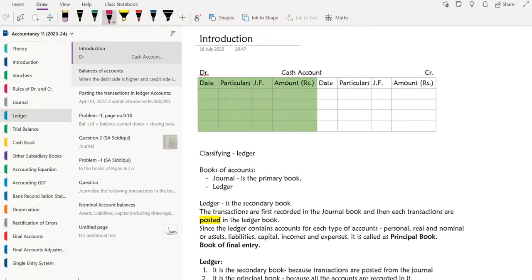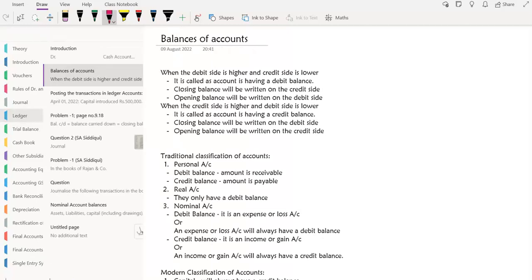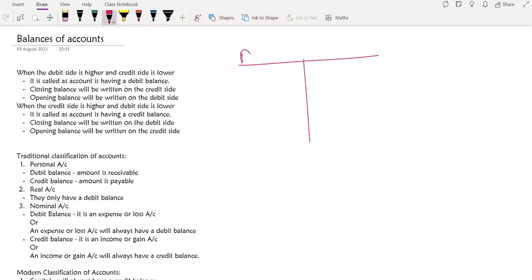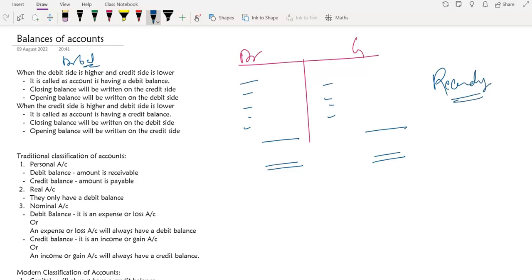let's come to the balances. Now this is an account. We say when the debit side is higher and the credit side is lower, that is called a debit balance. All right, so let's understand this debit balance and credit balance. We are going to record all the transactions on both sides. After whatever transactions we have done, we are going to do the total of both sides, and we will see. When we are doing the first total, just after recording the transaction, we have not done the balancing. This is the part when we are doing the balancing actually.